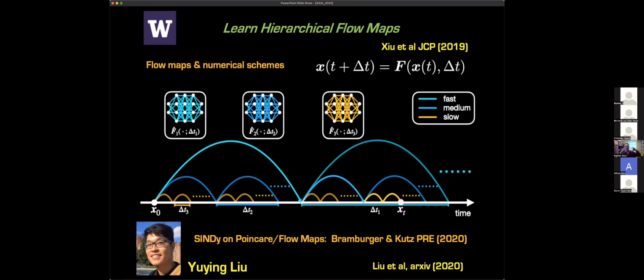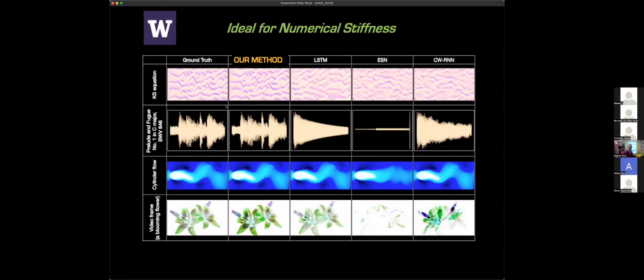And it's done in an architecture where it's all brought together. So now you can have this very efficient time stepper that gets around the numerical stiffness issues. This architecture has been applied on some PDE systems, as well as a music score and a video. And you can see that this method works significantly better than your standard LSTM, echo state networks, and clockwork recurrent neural networks. It's just a superior object because you're really bringing this dynamical systems angle into this way